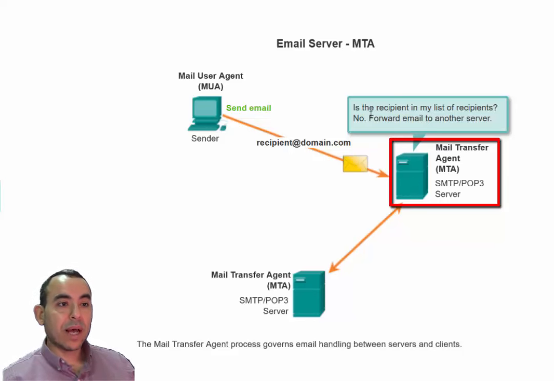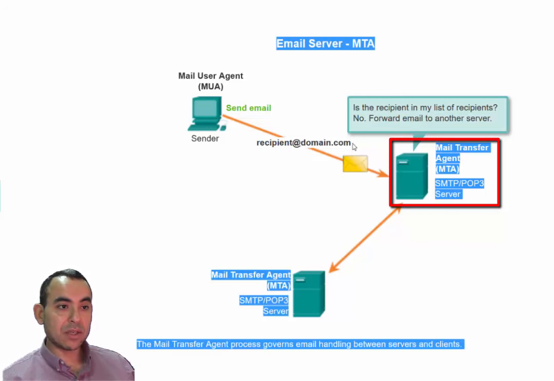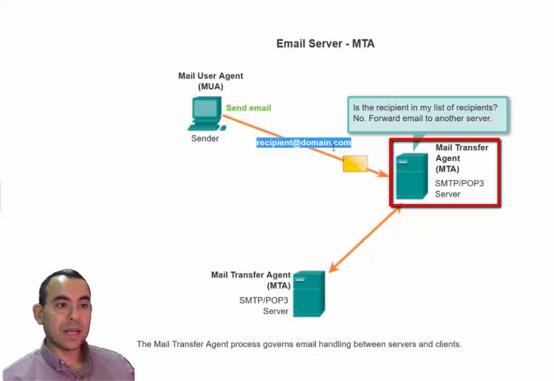Then the server will ask itself whether the recipient, which is included in the message header, in that case recipient@domain.com, exists in the same network or in the same email domain. If so, it stores the message and does not forward it to a further server. If that email address refers to another recipient who is outside the domain, in our case a recipient who is outside of QU,